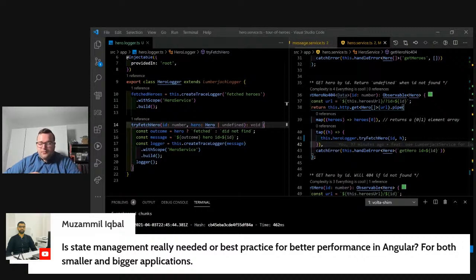Of course, you need to invest heavily in designing the state management, even when using a library or a framework for state management. So it's not for free, especially not with something like NgRx Store. It takes some heavy investment to design your global store. It's a bit easier with something like NgRx Component Store or RxAngular State, but